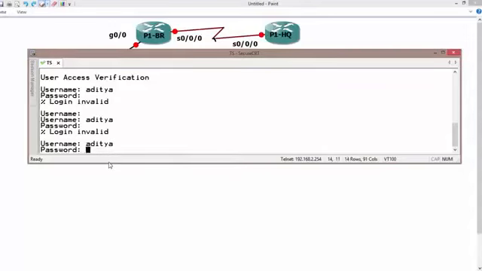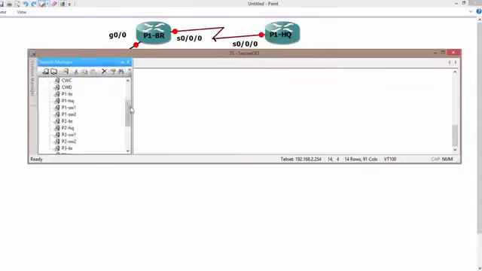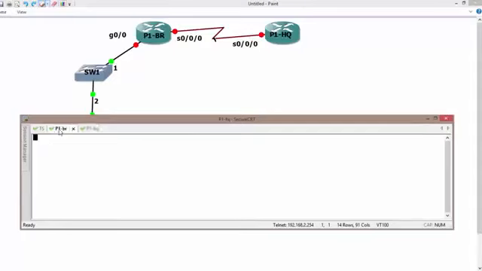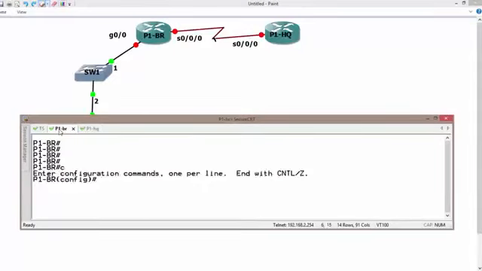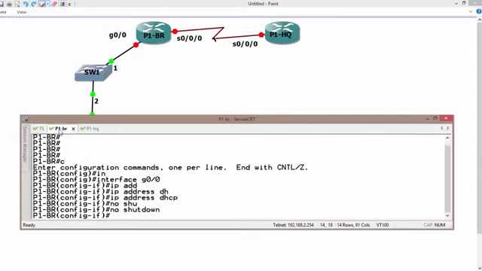And this is actually, yes, there we go. And the next step is I'm going to select my branch router and HQ router. So this is my branch router and another is my HQ router. On the branch router, what I'm going to do is select interface gig0/0, with the IP address obtained from the DHCP server, and